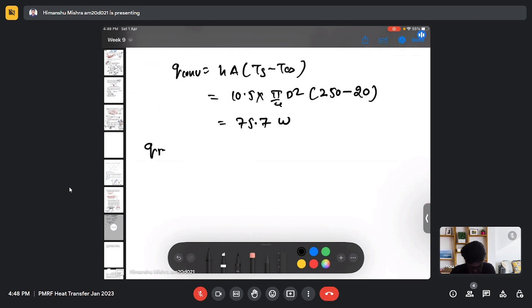Now for the radiation part, I will be using the Stefan-Boltzmann law, which is sigma A,